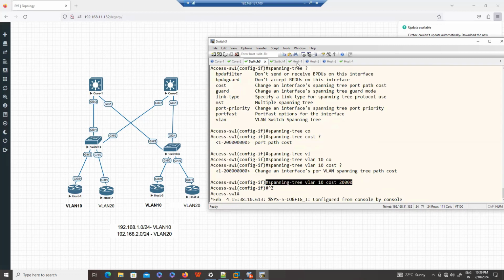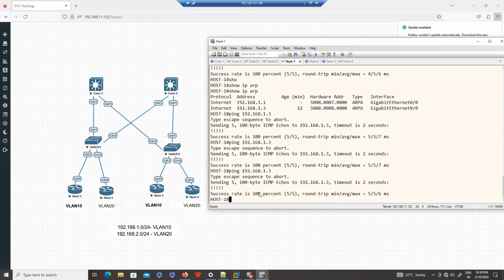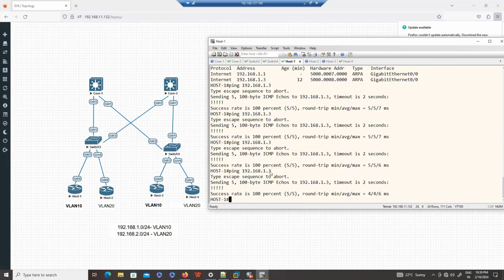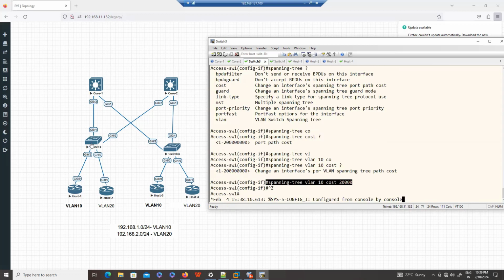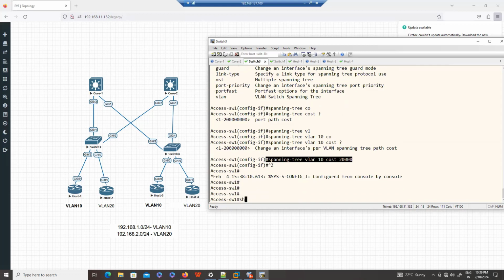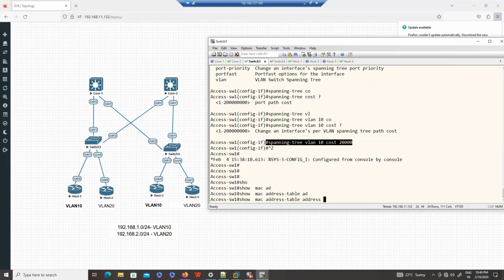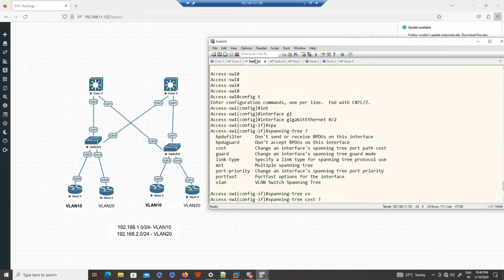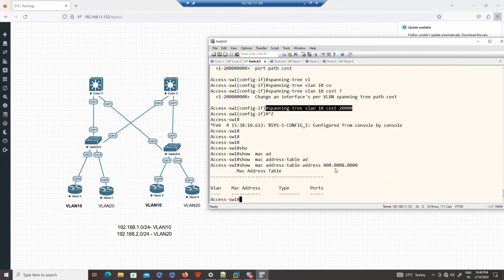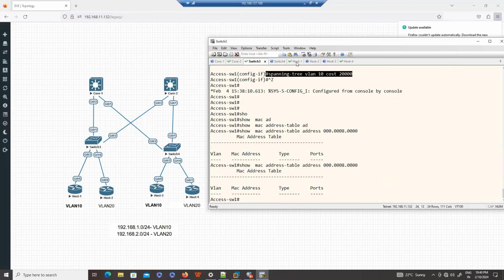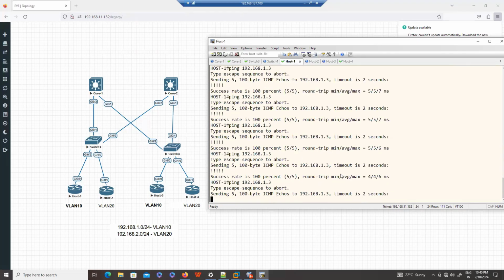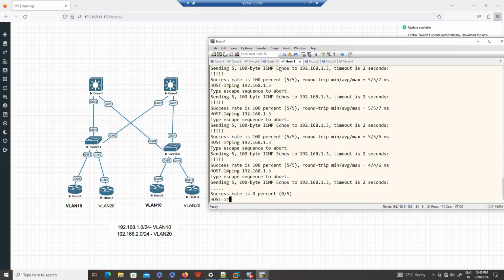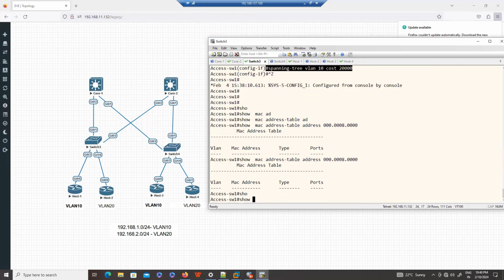If you see the result now, let's say I'm going to host 1. I'm still checking the connectivity. We still have our reachability. And going to switch 3, on switch 3, show MAC address, and this is the destination MAC address. And if you see my leaving interface, okay, now my communication is broken. Okay, my communication is broken, but if you see, guys, show spanning tree,